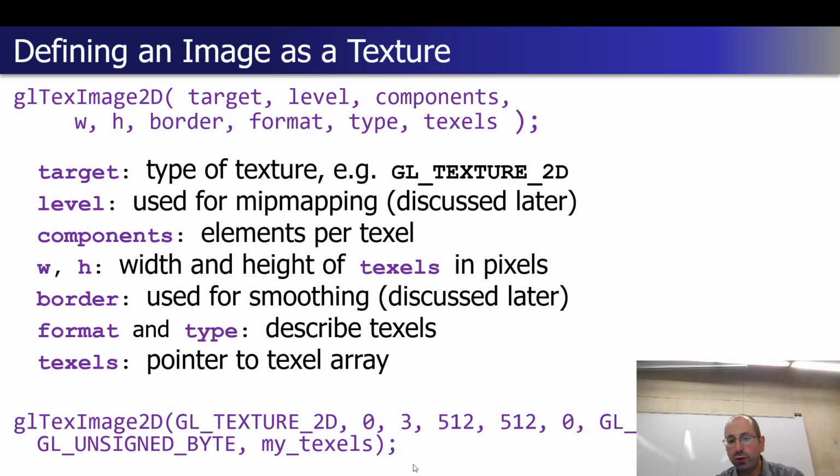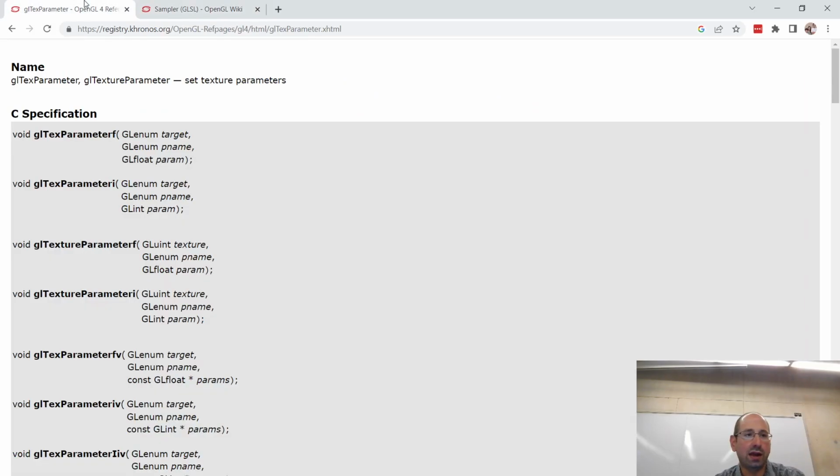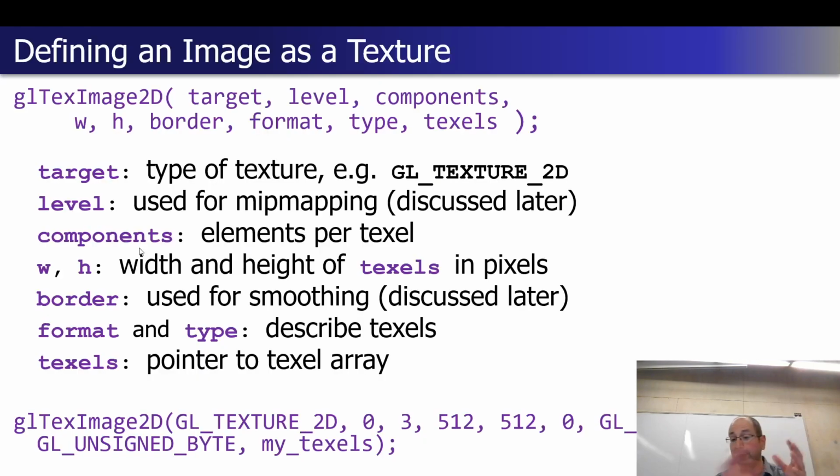Now, in theory, you can support all sorts of these different types of parameters, and I had to look up the total number of combinations. I have the text parameter; I don't have the other one open here. All sorts of different combinations of format and type for the texels. And then you can choose to do that conversion yourself in the driver, but it's how much driver code you want to write, I guess, is what you're determining at that point in terms of how you're going to